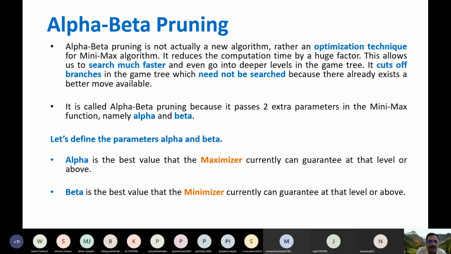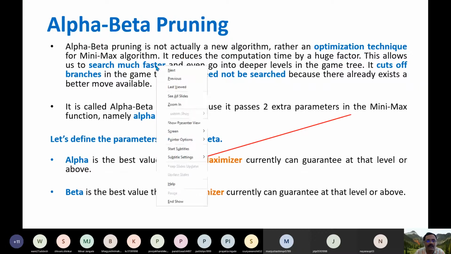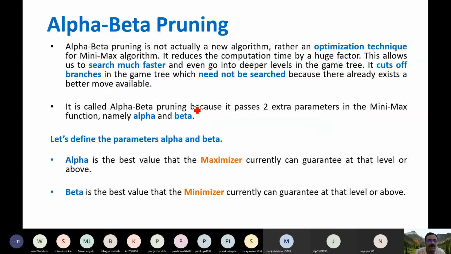In this alpha beta pruning algorithm we pass two parameters. One parameter is alpha, and the other is beta. Basically we pass alpha and beta to the procedure, like the minimax procedure. So what is the alpha parameter?